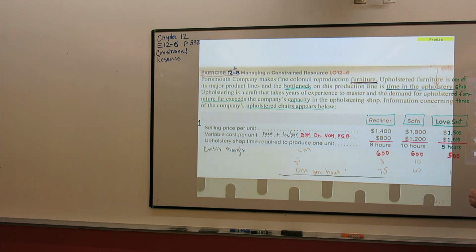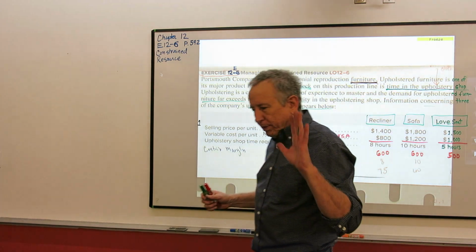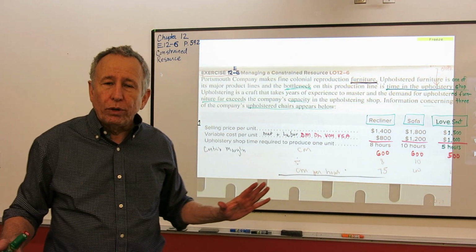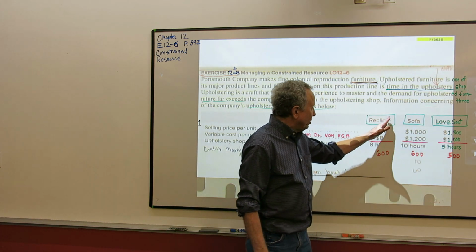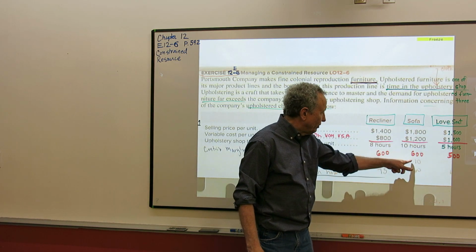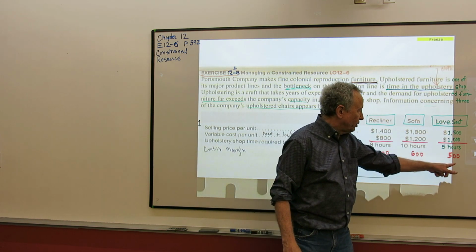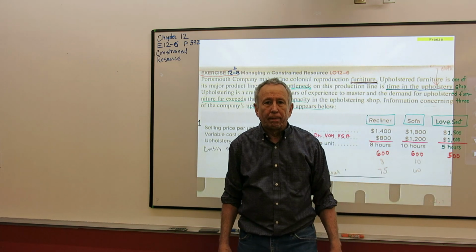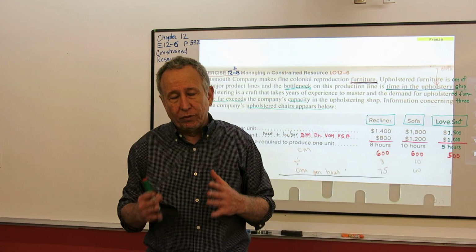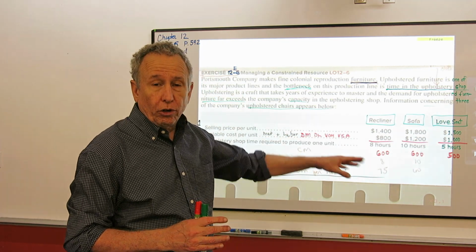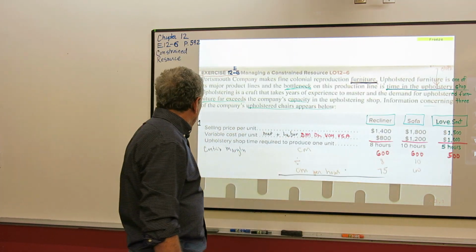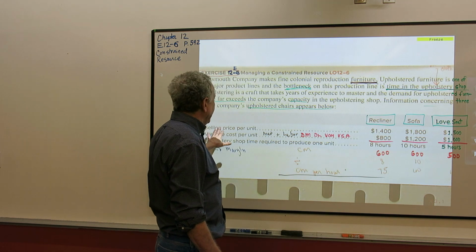All right, so it looks to me like the love seat, once again, everything's relative in life, but given that we could make all of that we wanted, and there were no constraints, we could say the best is to make recliners and sofas, more of those, and the love seat would be your lowest priority. Because every time you sell one of them, you only make $500. If you sell the recliner or the sofa, you make $600. All right, it goes on to say that,